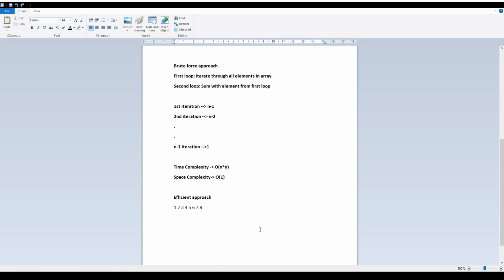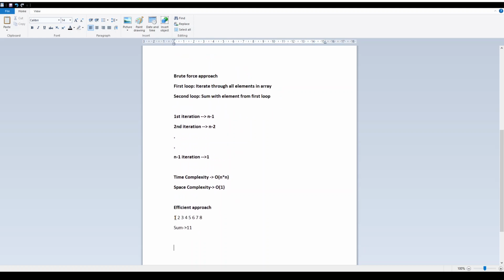Now suppose the required sum I have to find is 11. If I start with the first index and the last index, what is their sum?